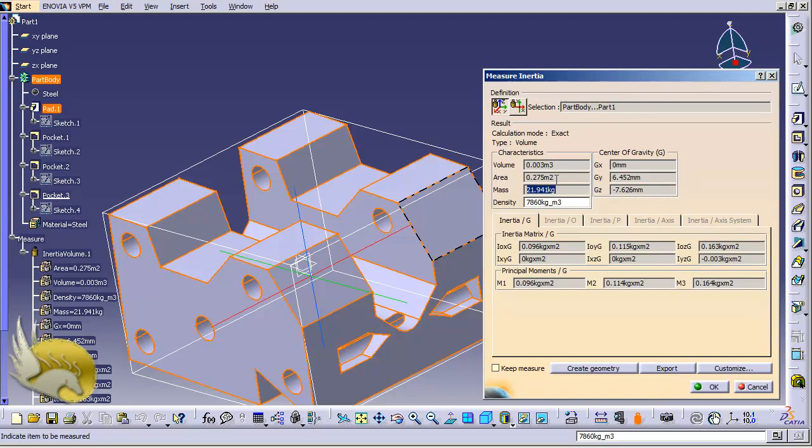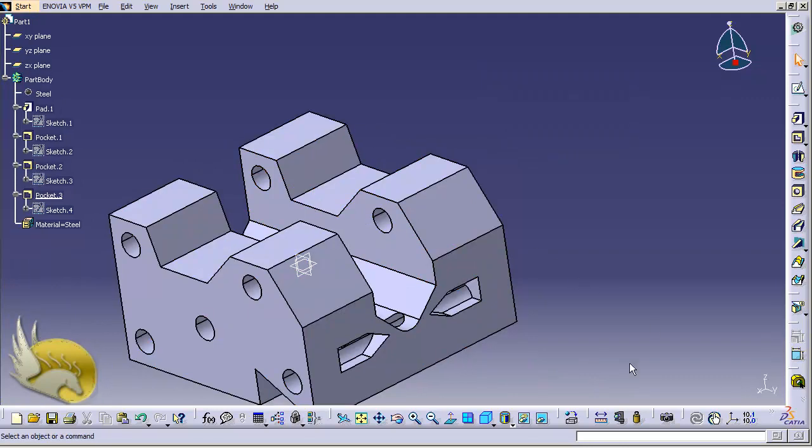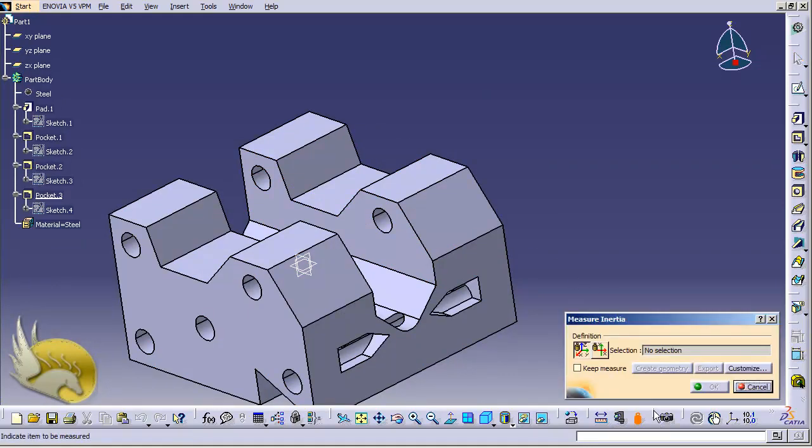Of course, the whole area of the surface is a little more than a quarter of a square meter. So this is it, and of course I have the volume. It's about 0.003 cubic meters. So you have some information about the whole area of the surface, the density, the whole mass, and of course some other information here. I cancel this out, and now again I click on measure inertia and go and click